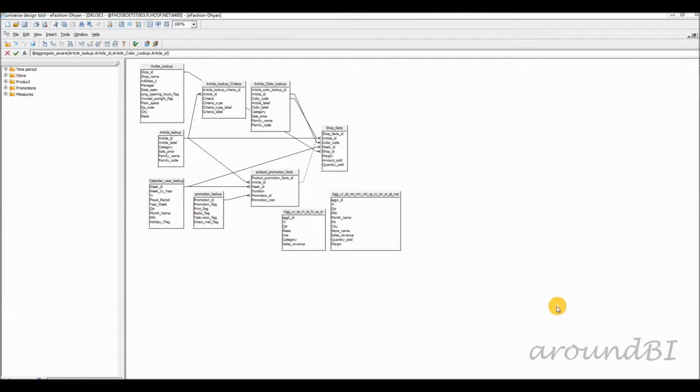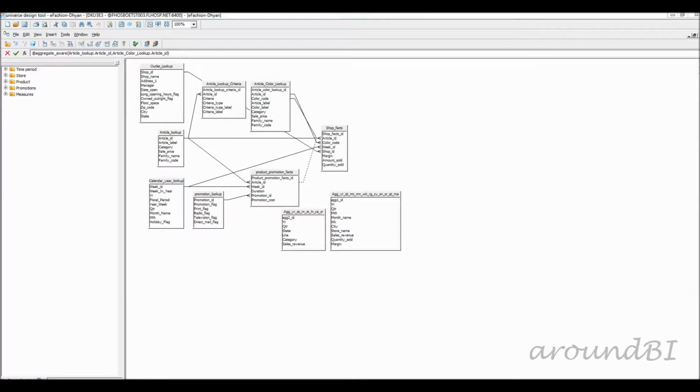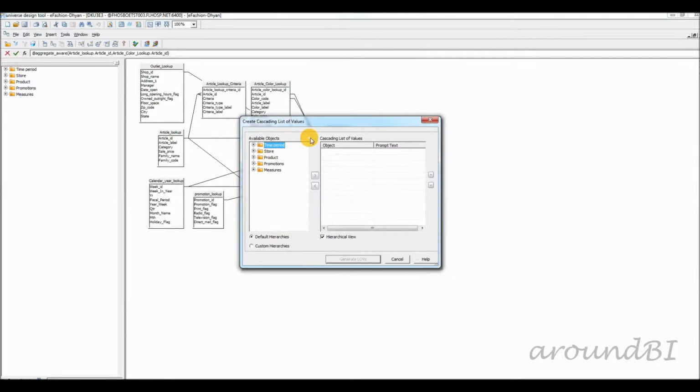To create a cascaded LOV in Universe Designer, I have imported the efashion.unv file. Click on Tools, List of Values, and create Cascaded List of Values. From the dialog box, select objects that are forming a hierarchical relationship for SKU number.